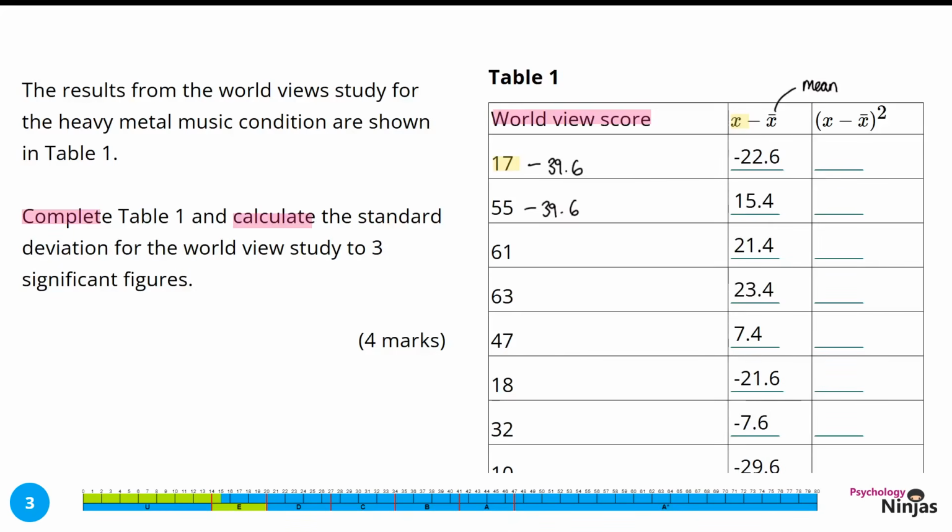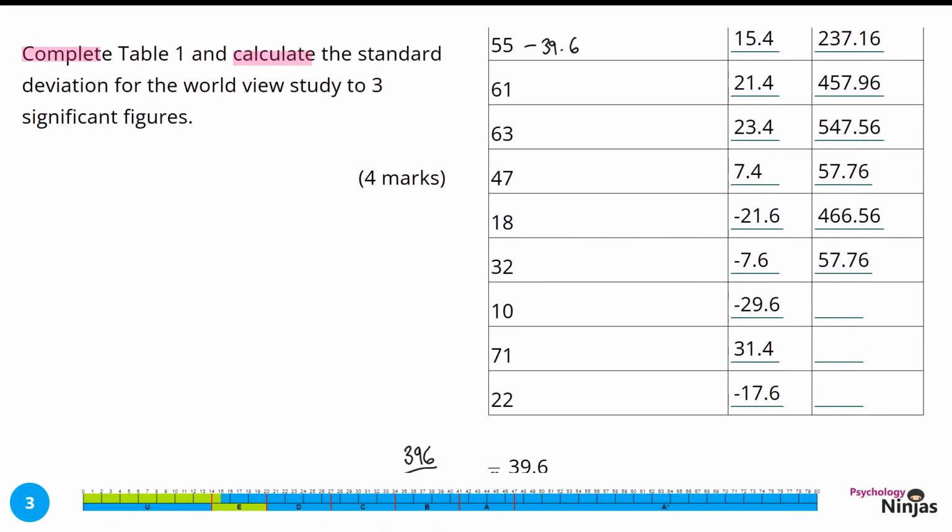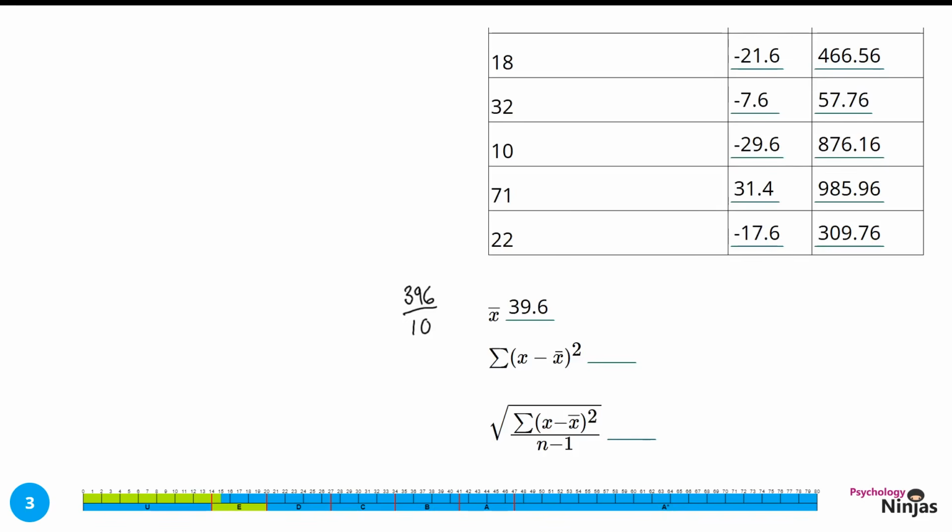And then we need to square each of these values in our first column. So we're going to do minus 22.6 squared, and this final column should not have any negative values. And then for our third mark, what we need to do is complete this by doing the sum of that x minus the mean squared column. So we're going to add up this column here with all of our numbers. And that equals